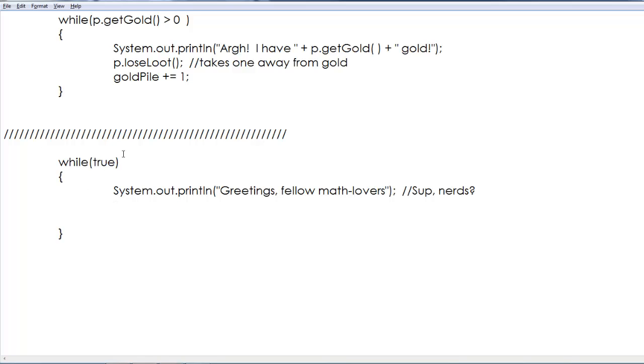So that's okay. And it will just print off "Greetings, fellow math lovers" over and over again. Because it's like saying, "Hey, while true is true," well, true is always true. So that's kind of a goofy statement. The other one I've seen before,